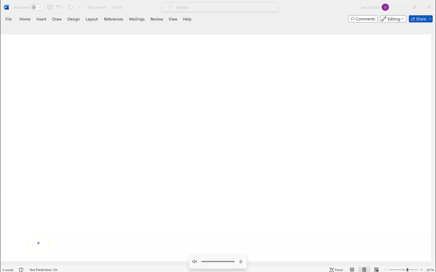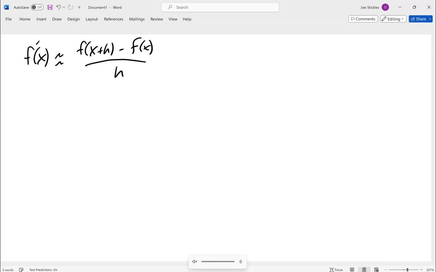So remember that we came up with that, well, let's start back at the beginning. Back in Calc 1, you used this expression to start with your estimates for the derivative of the function, right? So back in Calc 1, way back at the beginning when you were trying to find slopes of tangent lines,